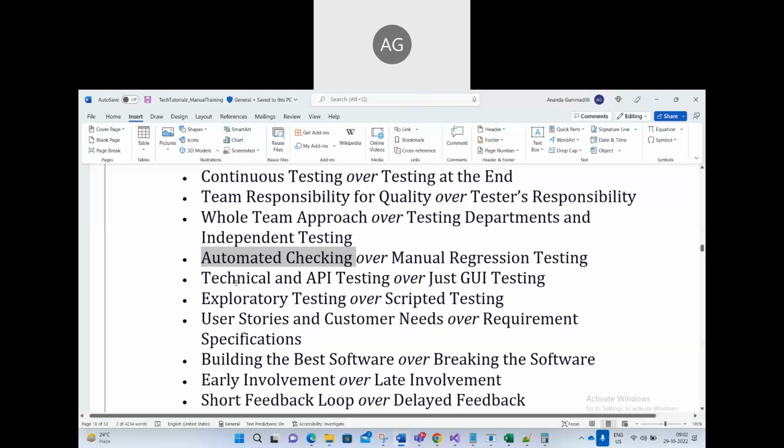Understand? Then technical and API testing over just GUI testing. There we do just user interface testing, but here we do API testing also, middle tier testing. Before the front end is developed, we first do the API testing, middle tier, to check that all the web services are working fine. How do you do API testing? Postman. If it is manual, we will use Postman. We are going to learn that in a couple of sessions. After this functional testing is over, we will move to API testing. So in this training, we are covering the front end